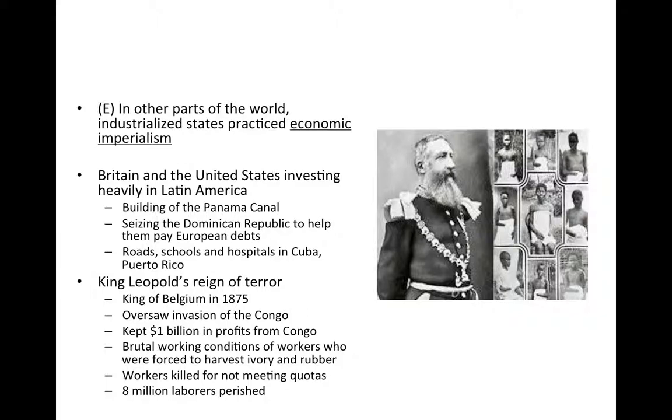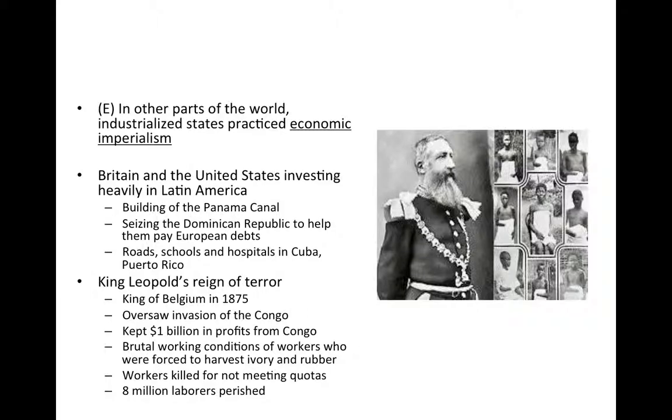So the U.S. pretty much built that canal, subsidized that canal, and then reaped the profits, even though it was not in the United States. Roosevelt also sent, actually it was Taft, one of our presidents during that time, seized the Dominican Republic with military assistance, mostly because we feared that the Dominican government owed so much to Europe in terms of debt that European countries like England would come calling. So we kind of seized this country temporarily. We helped pay off their debts, and we kind of governed them until eventually they were independent.